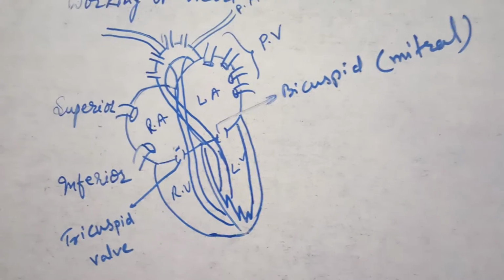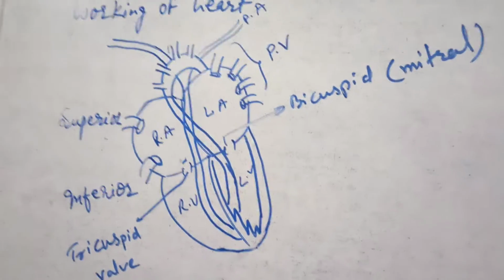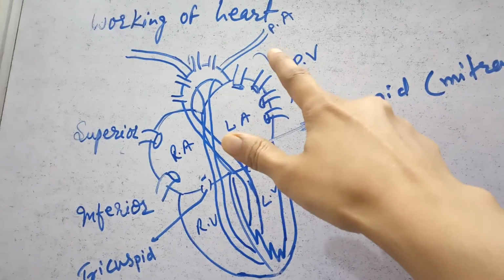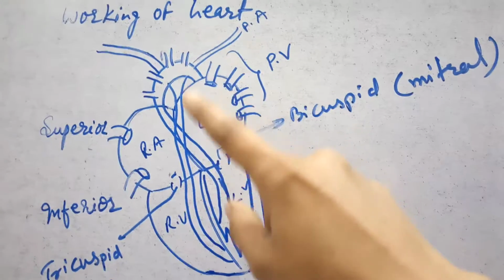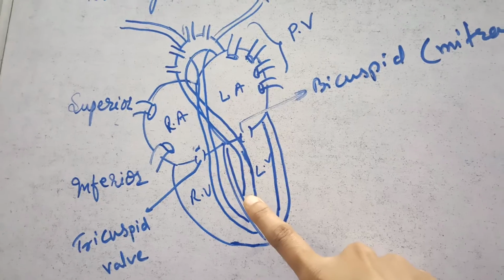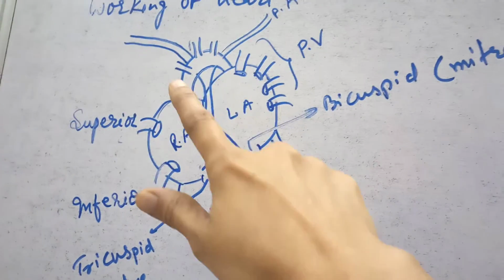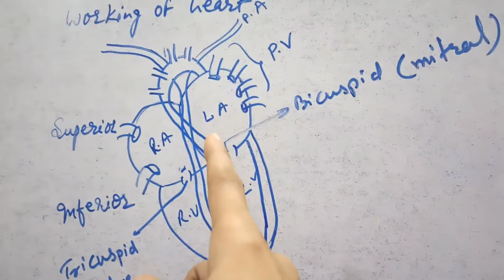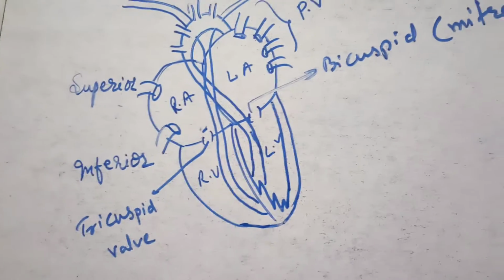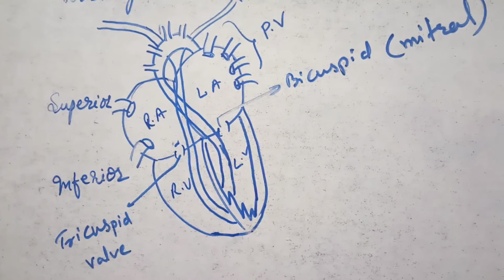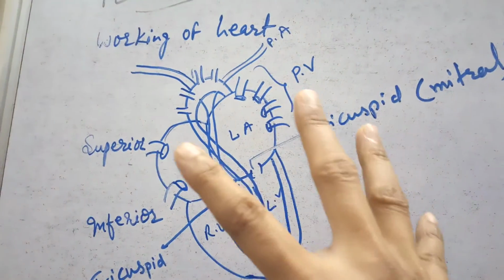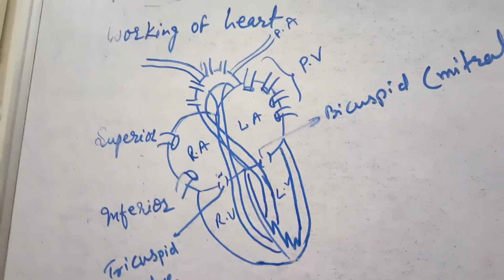So the respective blood reaches the respective tube, and the impure blood by means of the pulmonary artery is supplied to the lungs for its purification. And the left ventricle pushes the pure blood into the aorta, and by means of its branching arteries the pure blood is supplied to the arteries, and from the arteries it is supplied to the different cells, organs and tissues. In this way the heart pumps the blood, and here we have finished the working of the heart.